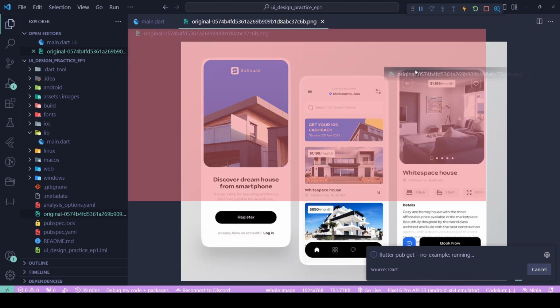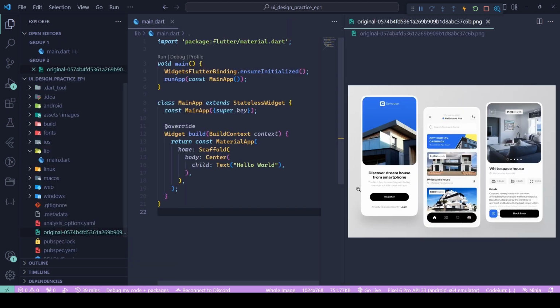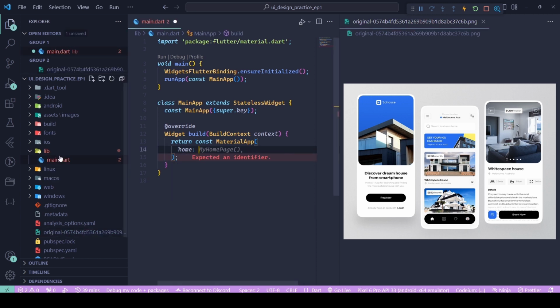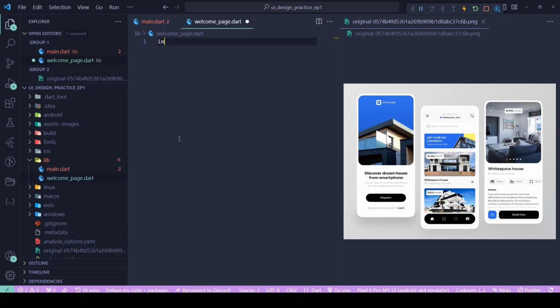I'm going to use 2 windows like this, and I'm not going to type any code in my main.dart. I'm just going to address my new widget through my main.dart file. So I'm going to create a new file and call it welcome_page.dart, and in here, first of all, we need to import the material package, and then we can create our